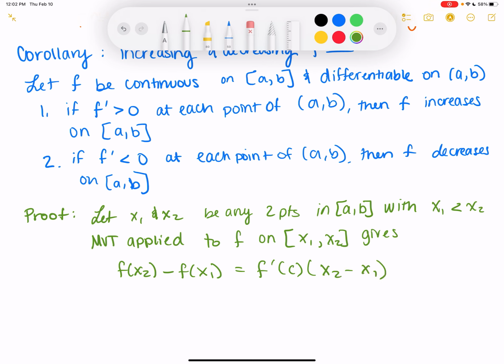Mean value theorem is that f of one endpoint minus f of the other endpoint divided by the endpoint minus the endpoint is equal to the derivative at c. So just multiply on the other side, we get this, for some c between x1 and x2,